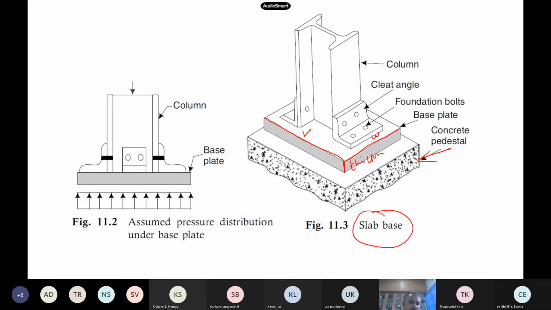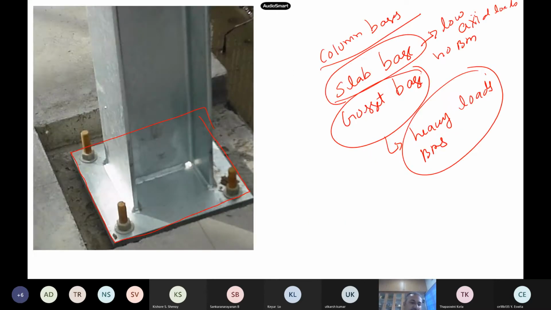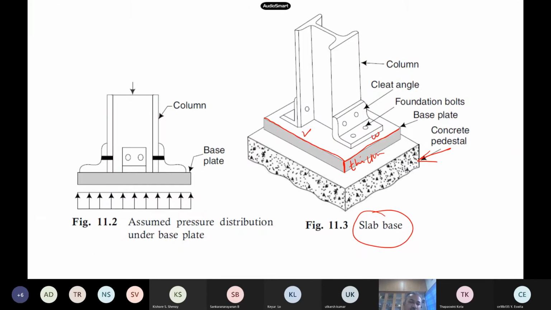And now this is my column. Sometimes we do welding. Suppose there is no welding, like you see here, here he has done the welding, fillet weld or whatever, inside also. Like this we do welding. If there is no welding, you can also connect through bolts. You take an angle section and put it here, 2 bolts to the column, 2 bolts to this foundation. So we design like this also.